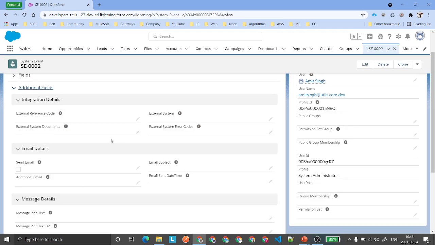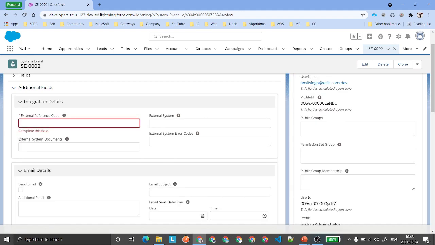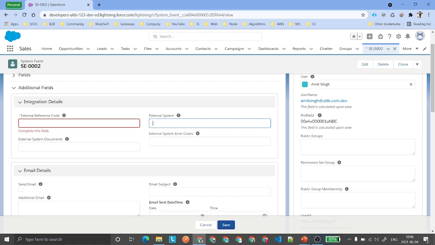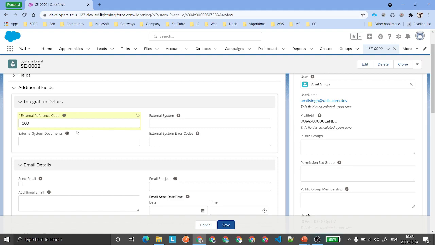Now if you go here under the additional fields, we made this as required. You can see here it is a required field, and this is not acting as a read only. The reason it is not acting as a read only is because there is a permission called edit read only fields, and admin can edit the fields which are read only, no matter whether they have been made read only from field level definition or from anywhere. They cannot edit formula fields, but everything else any other user cannot edit, system admin can edit, because they have the permission called edit read only fields. You can see this is basically formula fields, sorry, required fields.